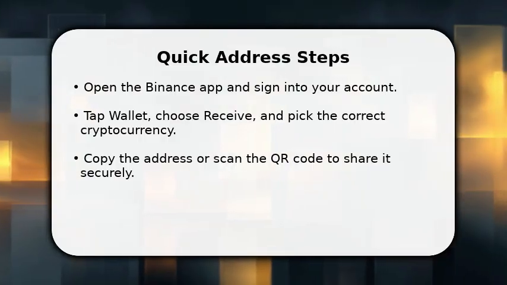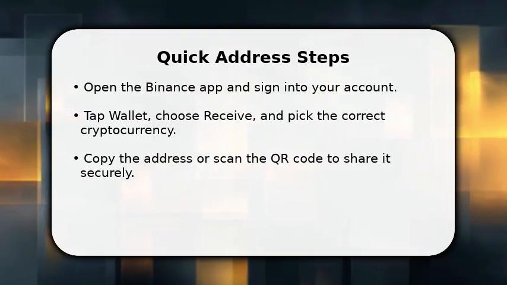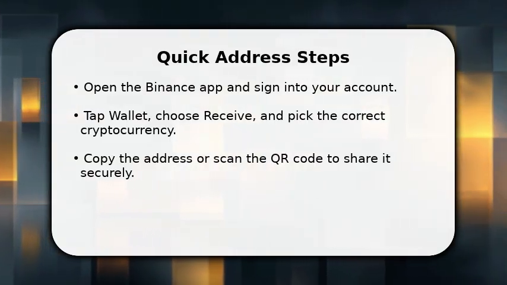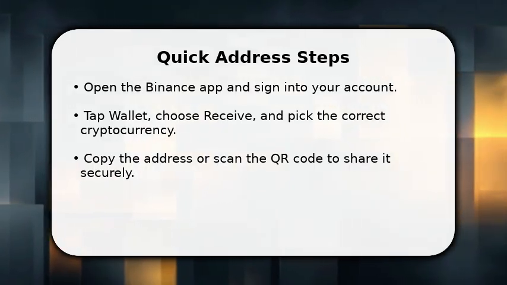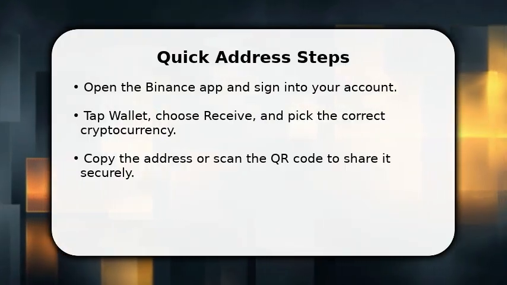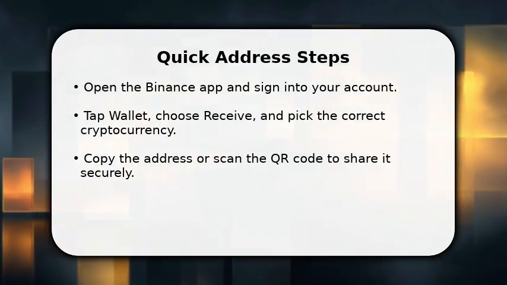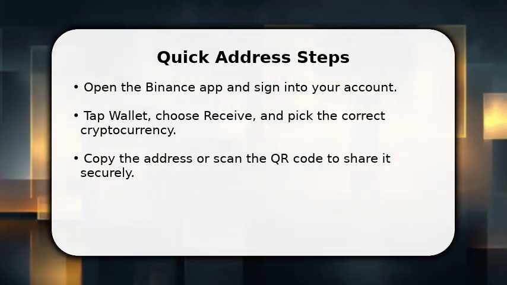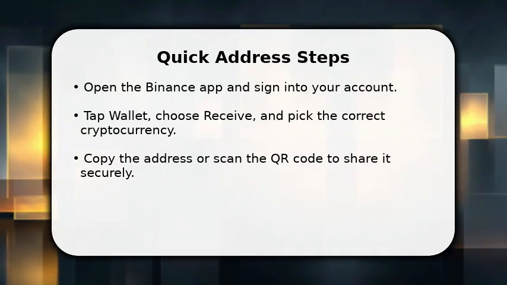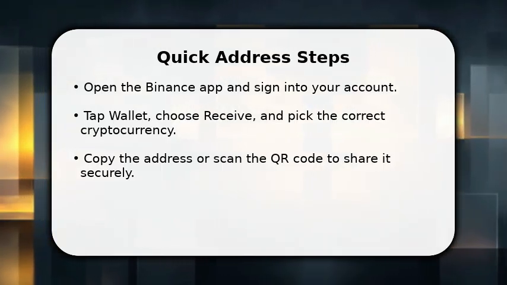In this video, I will show how to get your Binance address updated. First, open the Binance app and unlock your account using your PIN or biometrics, then tap Wallet at the bottom. Choose Receive, select the currency you need, and carefully verify the network. Finally, copy the address or use the QR code to share it, and always double-check the first and last characters